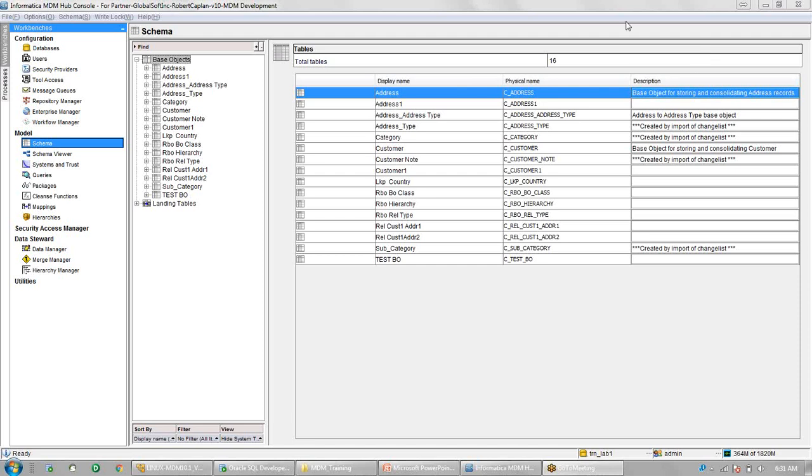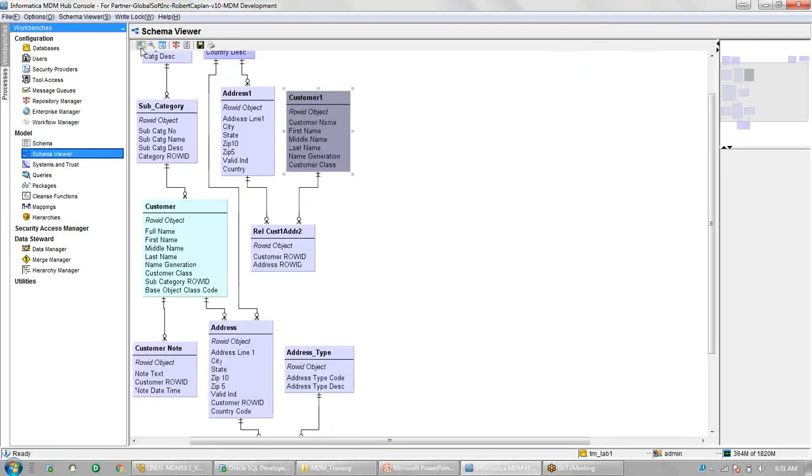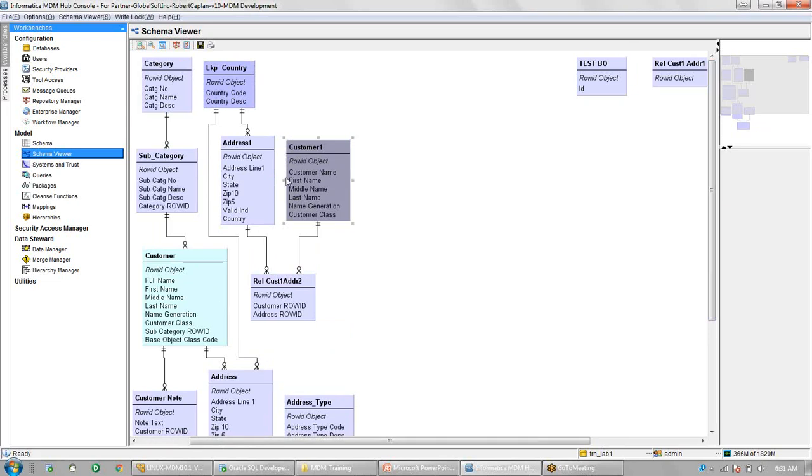So yesterday we had discussed the relationship and created the relationship between the tables. We had taken one customer table and one address table, and we created a one-to-one or one-to-many relationship, and then a many-to-many relationship between both the tables. We also saw a lookup table, LKP country, with which we created a relationship for the address table. So this was the final model that we have for these tables.